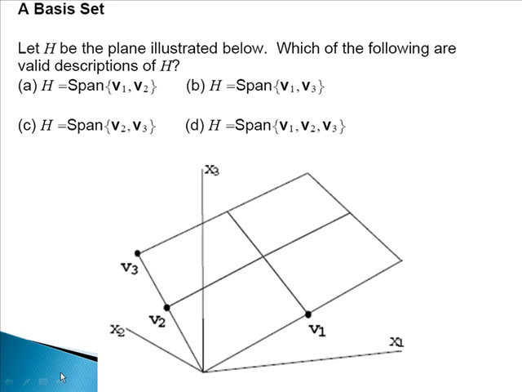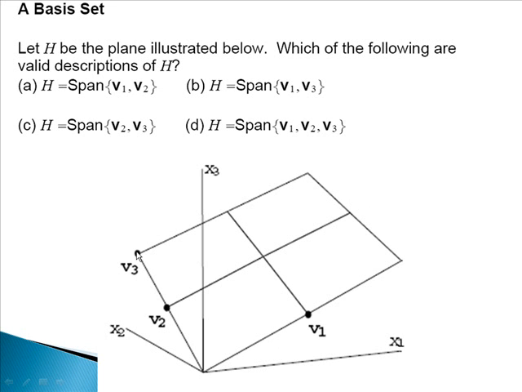Now we want to look at something called a basis set. Here we let H be the plane illustrated below in this graph. Which of the following are valid descriptions of H? In part A, we have that H is the span of v1 and v2. So basically, from linear combinations of this vector v1 and this vector v2, can we get the entire plane? And the answer is yes, because I could,